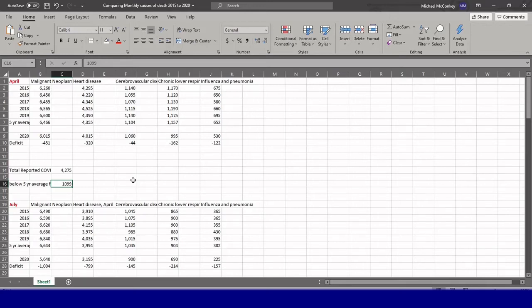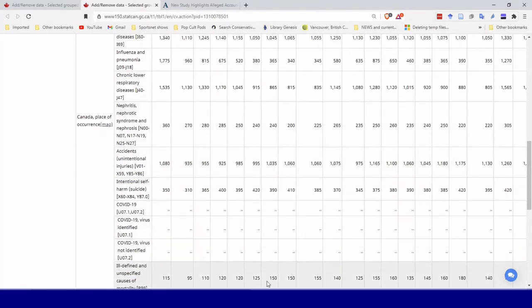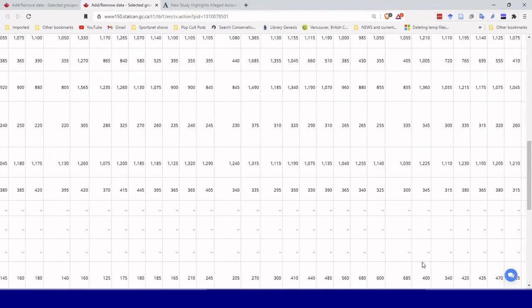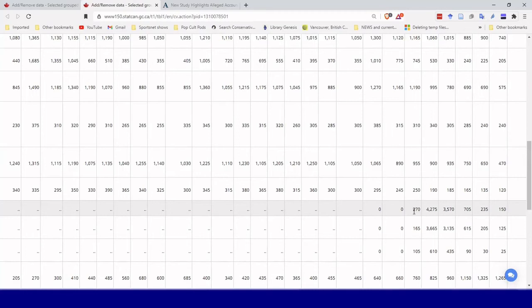So that was my first pass at it in April. I thought, well, okay, that's sort of interesting. Then I had another thought, and again, I have no background in this math type stuff. It was just intuitive. I thought, that's the result of a really deadly month. So what if I have a look at a month that's a lot less deadly? You see there's quite a variety here. The first, in March, was 270. Then we had this huge April. So I thought, why don't I look at something like July? What happened in July?